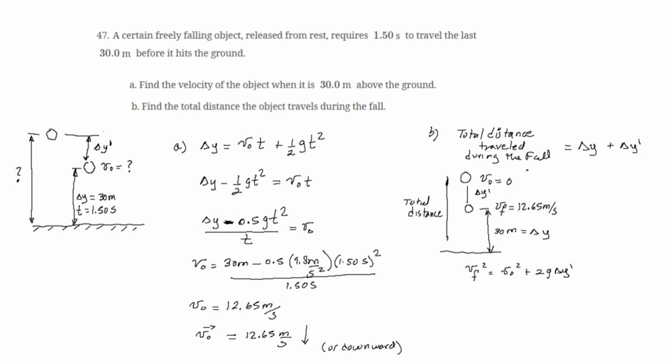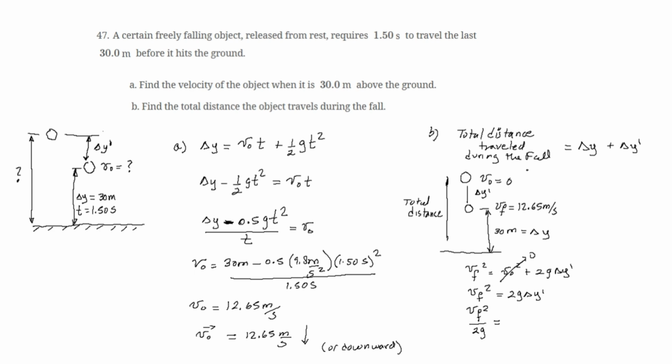So now I can solve for delta y prime, of course, with initial velocity equal to 0. So we say that vf squared is 2g delta y prime, and then we divide by 2g, and vf squared over 2g